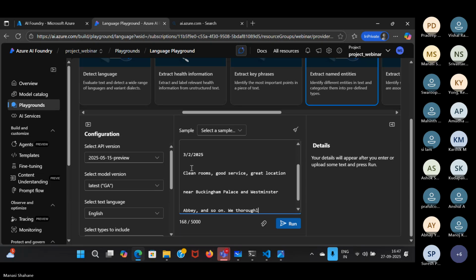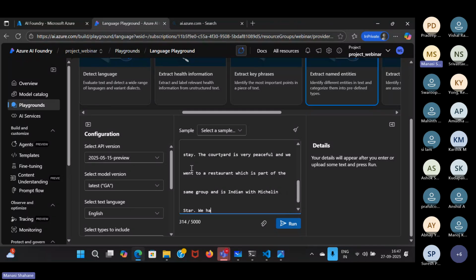We thoroughly enjoyed our stay. The courtyard is very peaceful and we went to a restaurant which is part of the same group and is Indian, with a Michelin